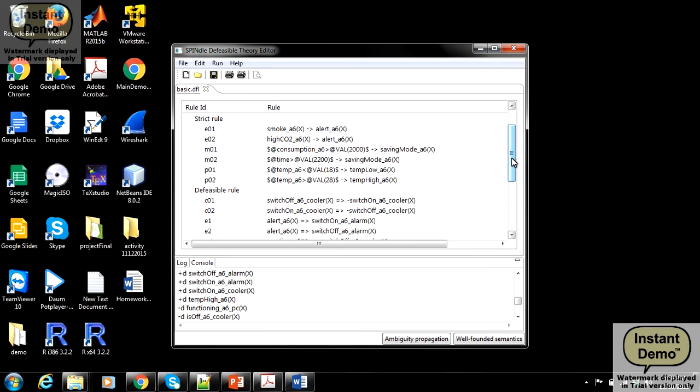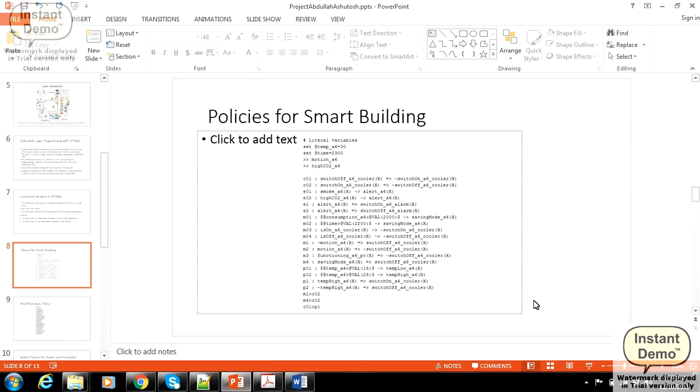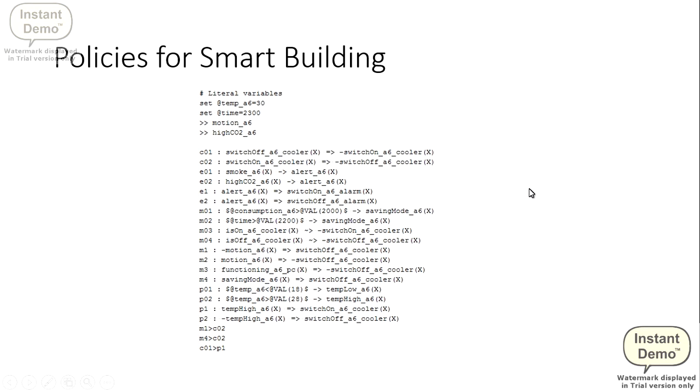So how is it possible? If you look at the presentation slide once again, you can see the temperature in A6 is 30 at this moment. So there is a rule that says when temperature is greater than 28, that is temperature high.